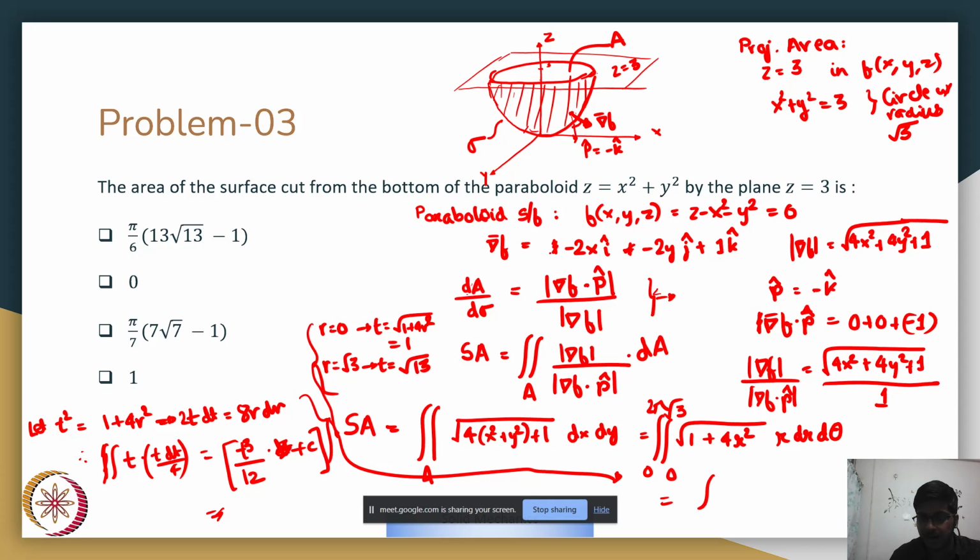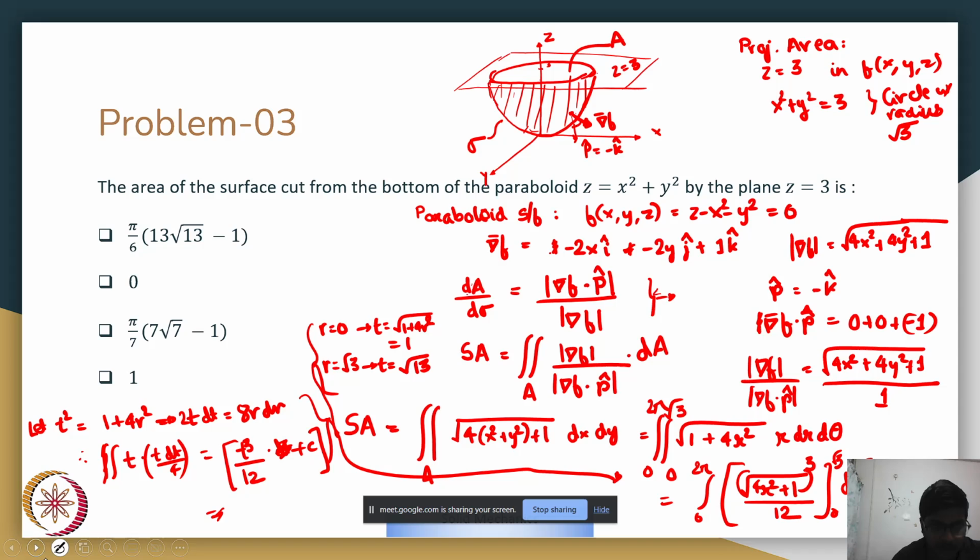up with integral over 0 to 2 pi of root of 4r square plus 1 by 12, whole cube, from limits 0 to root 3, d theta, which is nothing but 13 root 13